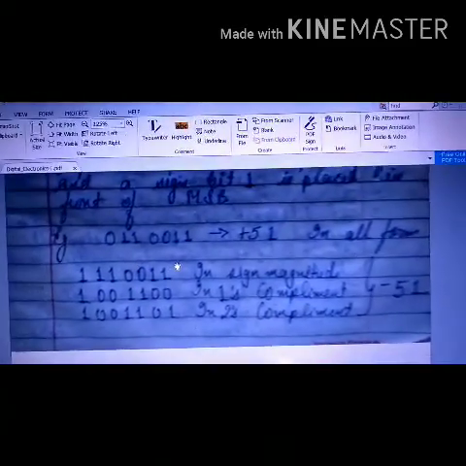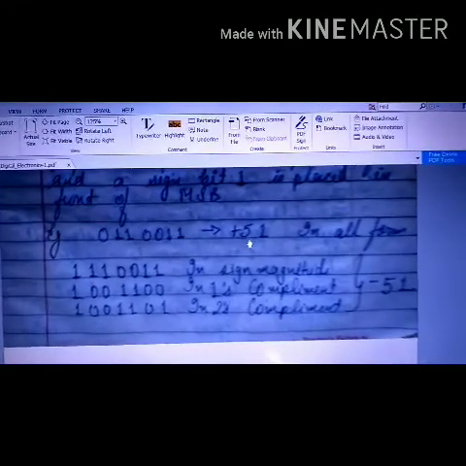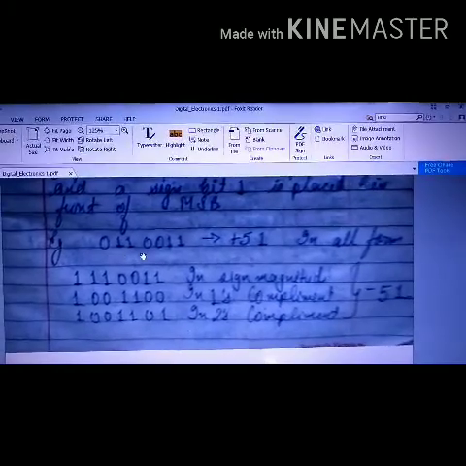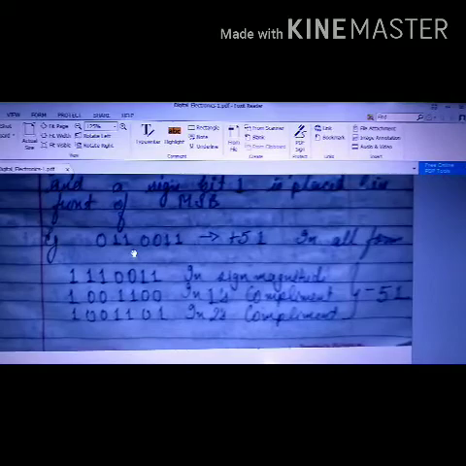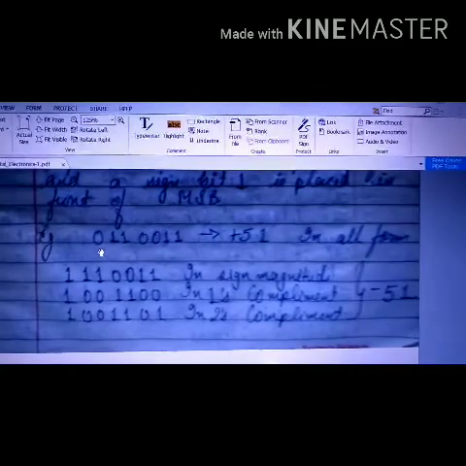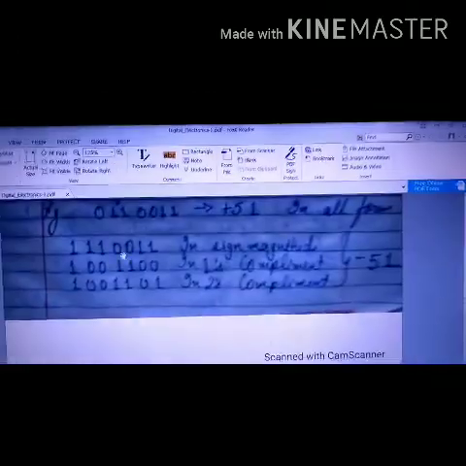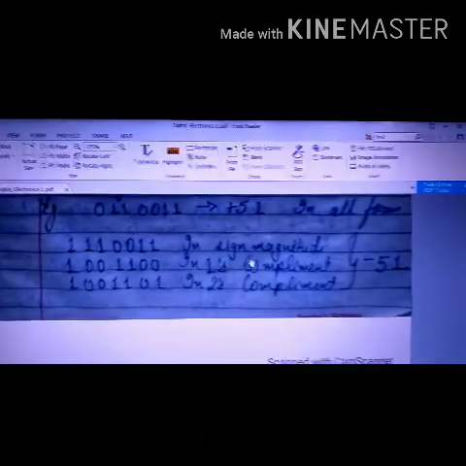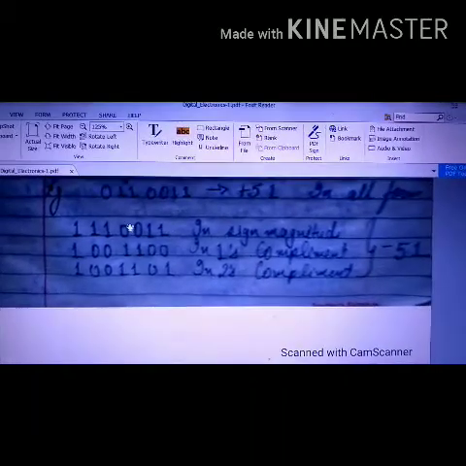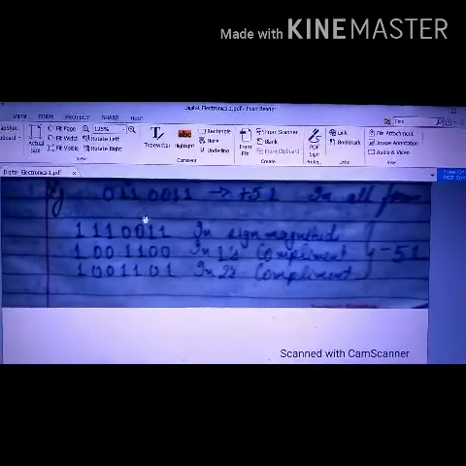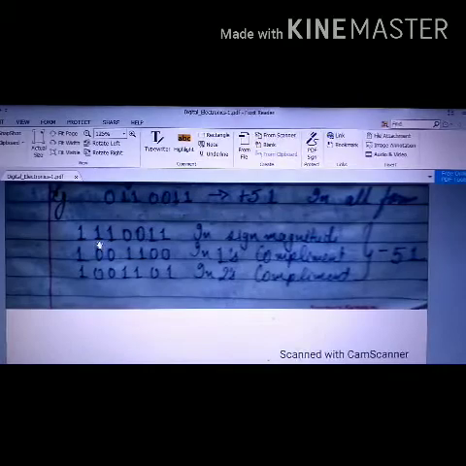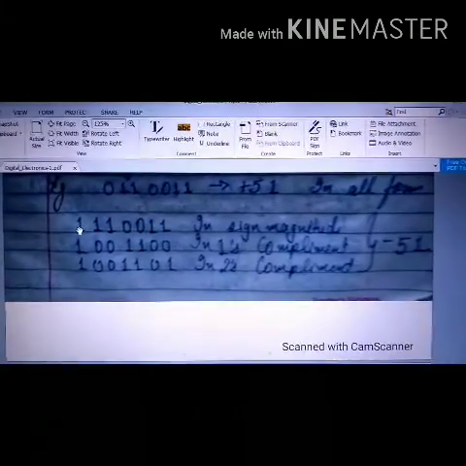Okay, so if this is a 51, so this is a positive number plus 51. It can directly be represented as 0110011. Okay, so 110011 is the 51 number and 0 is its sign, that it is a positive number. Now, if we want to represent minus 51, there are three methods: sign and magnitude form, 1's complement form, and 2's complement form. In 1's complement form, we will write the magnitude same, that is 110011, and now it is minus 51, so we will place a sign bit 1 in front of it because it is a negative number.